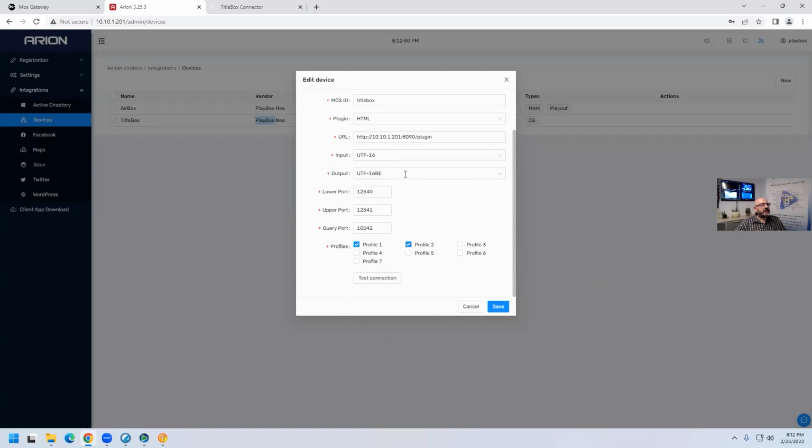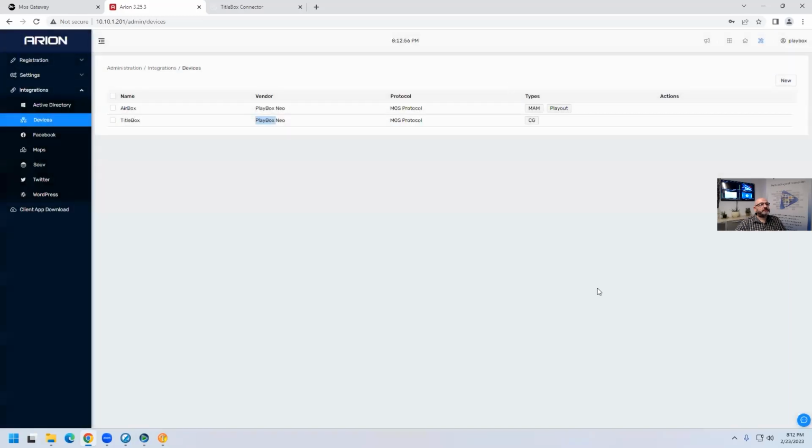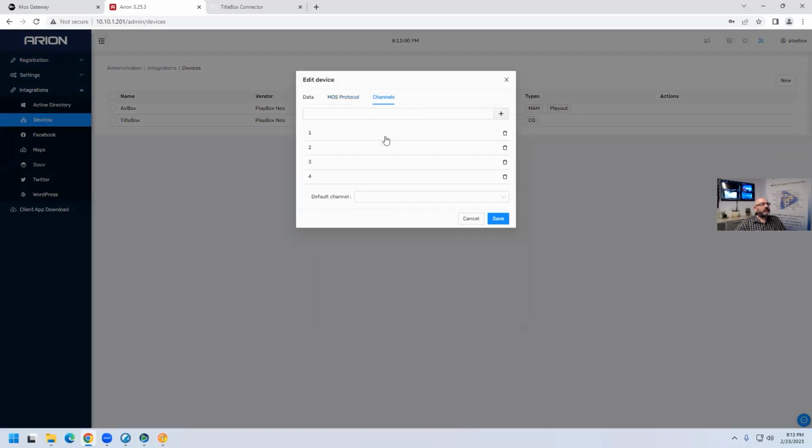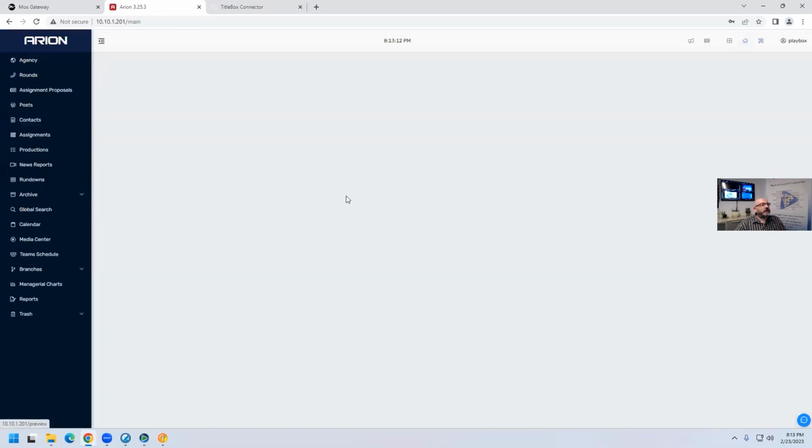Select profiles, select ports, and so on, and my system is configured. One more thing, here we can configure which channel of the 4 channels we're sending to, but since I didn't select anything, it just sends to the default, the first channel. Okay, so let's go back to our